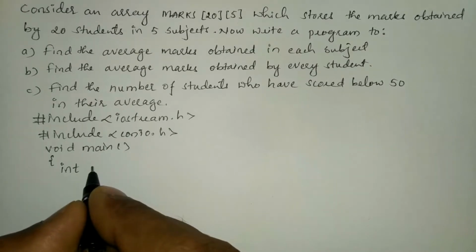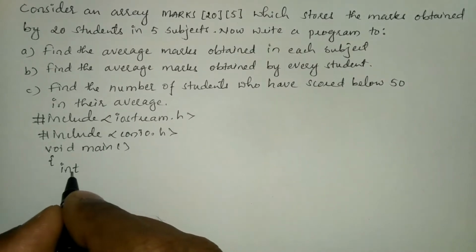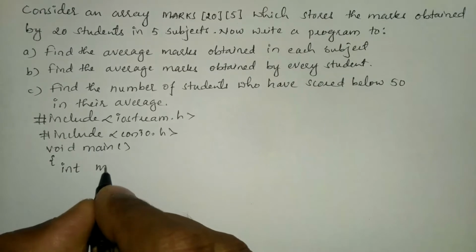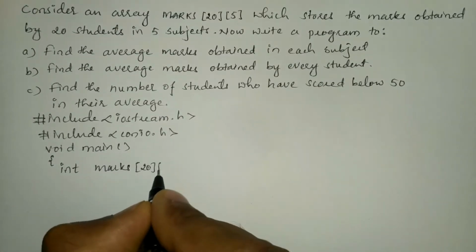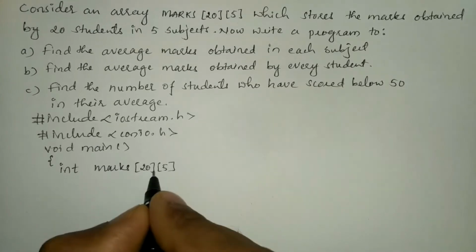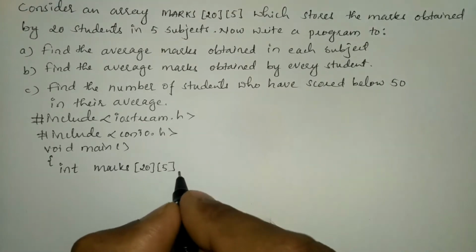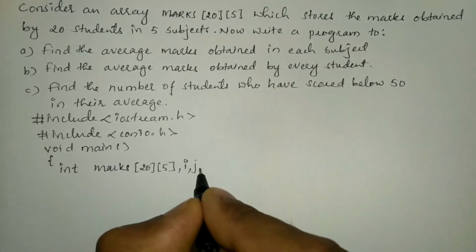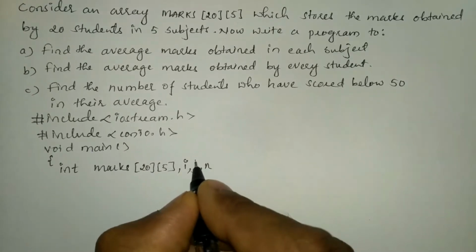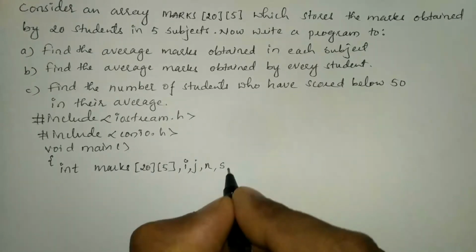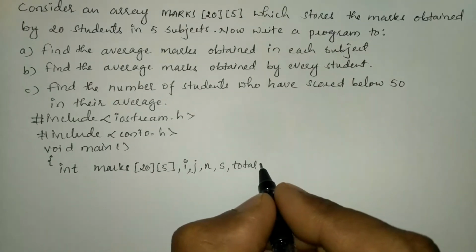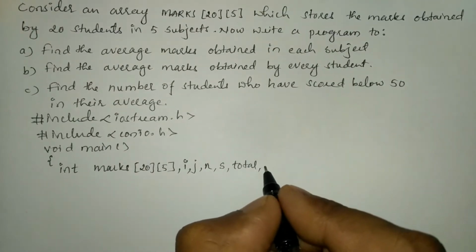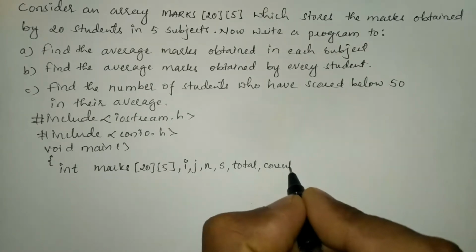going to declare all the necessary variables of type integer. Here I'm going to take marks of size 20 and 5, so it is a two subscripted variable. Next I'm going to take the indices i and j. N represents number of students, S represents subject marks. Next we'll go for writing total for calculating total, and then we are going to go for count is equal